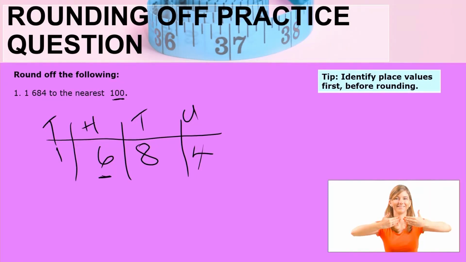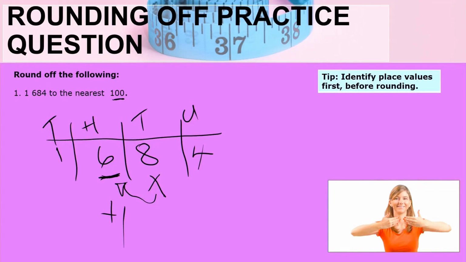So if our focus is on 6, therefore we will be guided by 8. 8 will guide us as to whether we are rounding off 6 upwards, adjusting upwards, or adjusting it downwards. So looking at this, because 8, which is immediately after the 6 that is occupying the 100th, is more than 4, we are going to adjust upward. Remember, I said when we adjust upward, we add 1. So we are going to add 1 to 6, and then 6 plus 1,